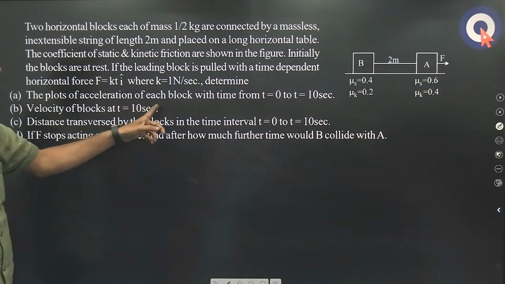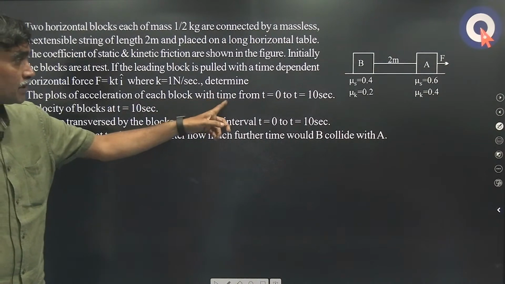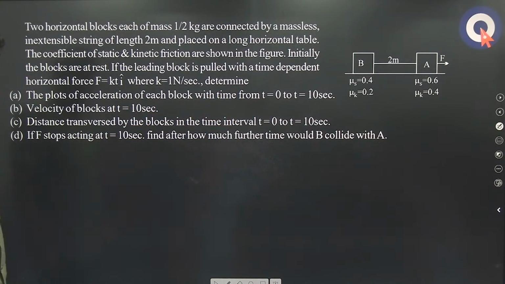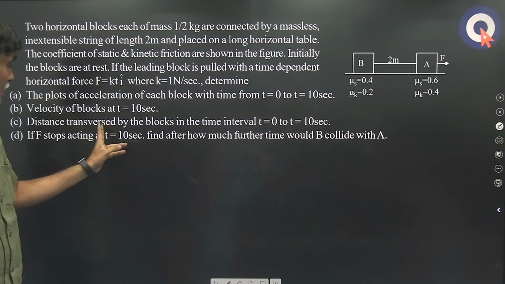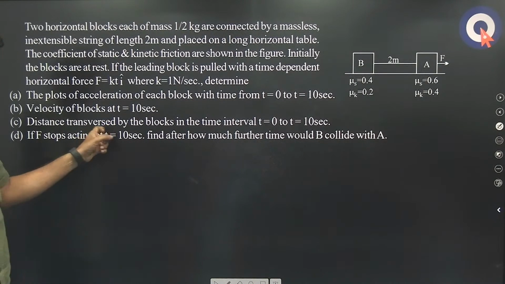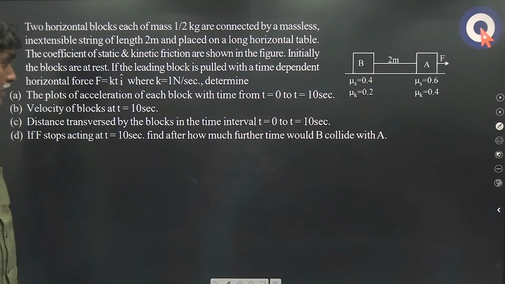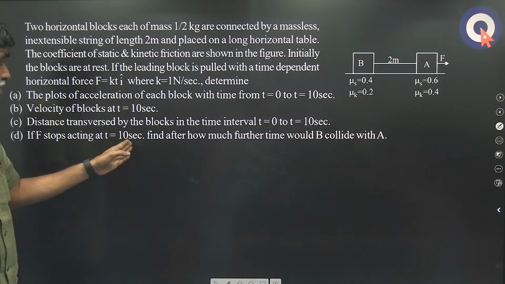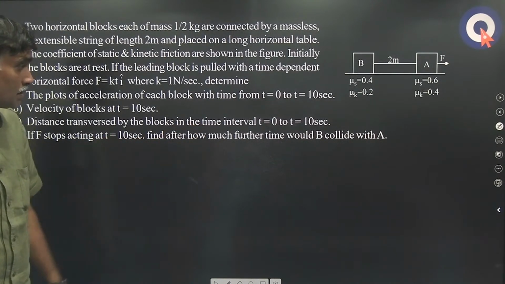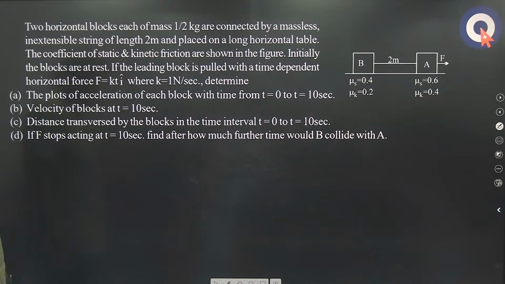Plots of acceleration of each block with time from t equal to 0 to t equal to 10 seconds. That is the first bit. Next, velocity of blocks at t equal to 10 seconds. Next, distance traversed by the blocks in the time interval t equal to 0 to t equal to 10 seconds. If F stops acting at t equal to 10 seconds, find after how much time further would B collide with